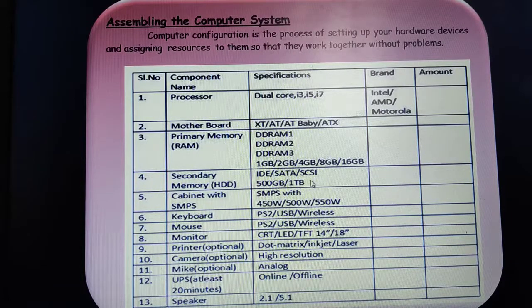Then we have SCSI, that is the Small Computer System Interface port, which is for a high speed hard disk. It will help you to connect high speed hard disks, high end scanners and CD-ROM drives. Compared to all other ports, SCSI ports provide faster access and data speed, and they need separate dedicated adapters. If a high-end scanner has to be connected to your computer system, we need a SCSI port for it. Usually we may get a 500 GB to 1 terabyte hard disk drive.